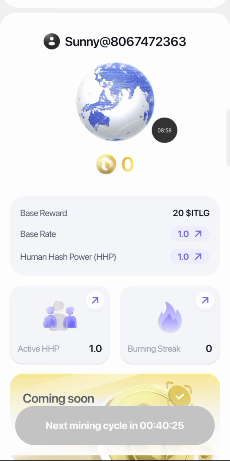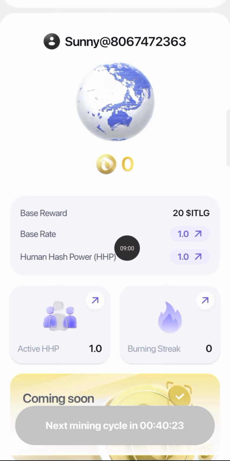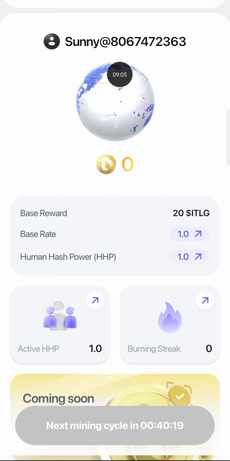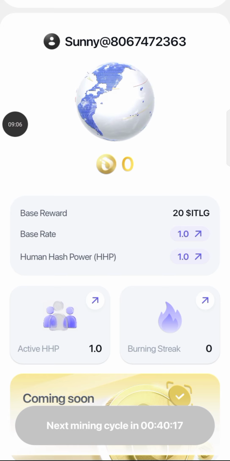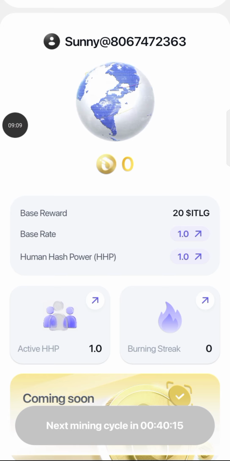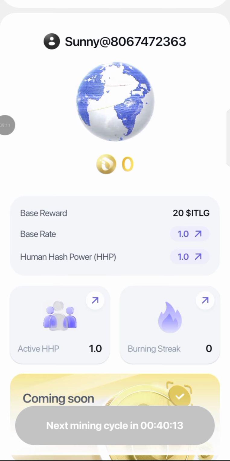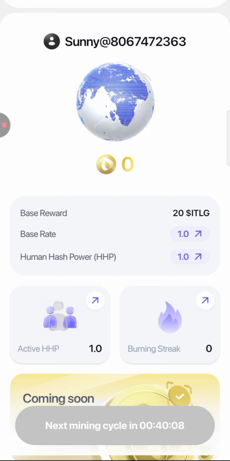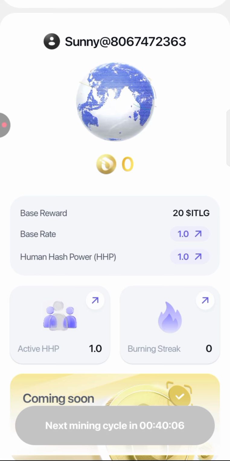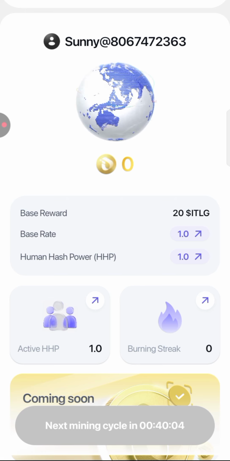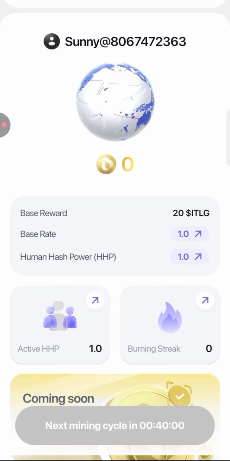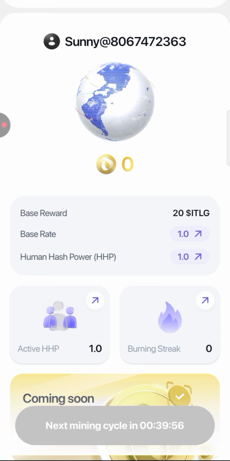So let's keep accumulating more points, so that when they list, they will also list in our favor, because if you accumulate more points here, this is simply giving us the opportunity to test the app. And when the app launches their token, then we will also benefit from it. All right, so maybe like Bitget, Bybit, MEXC, MetaMask, Binance, once they launch on different exchanges, we can also swap and trade, or we can hold if we decide to hold.